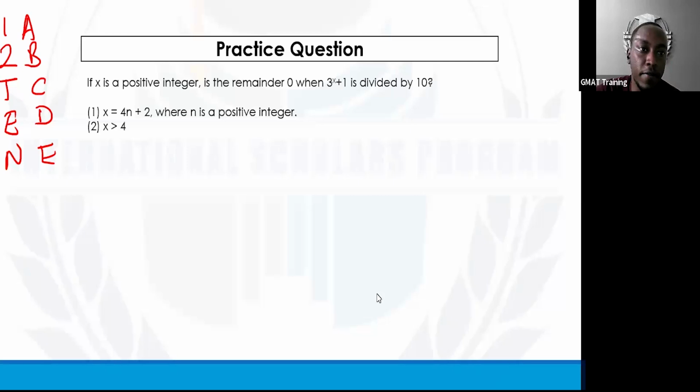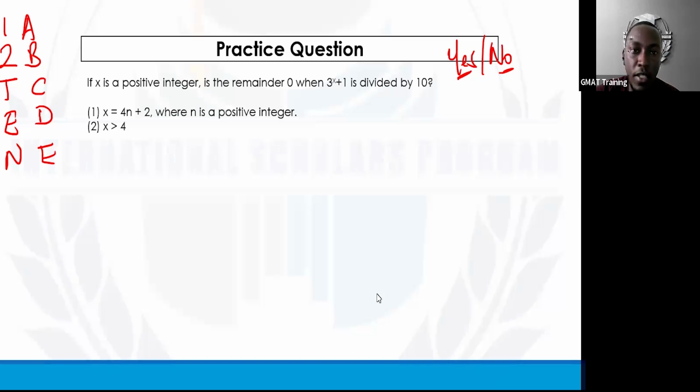The question asks: if X is a positive integer, is the remainder 0 when 3 to the power X plus 1 is divided by 10? What does that even mean? First of all, this is a yes/no question. So let's define sufficiency as having an absolute yes or an absolute no. When you say, is the remainder 0 when 3 to the power X plus 1 is divided by 10,